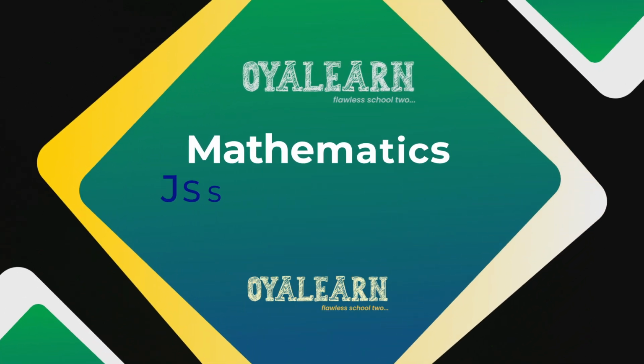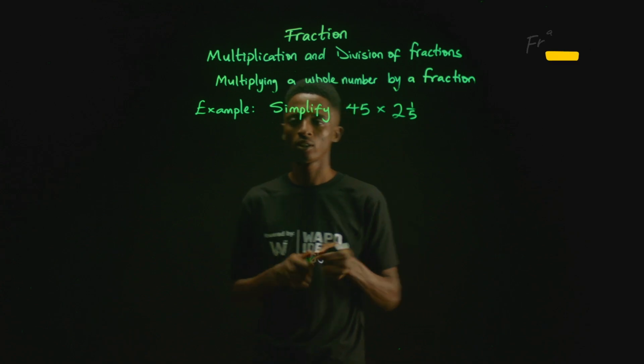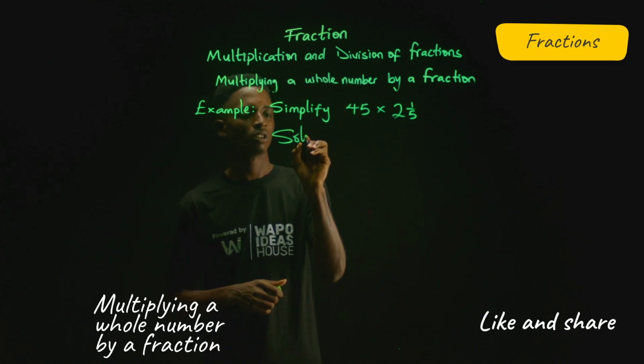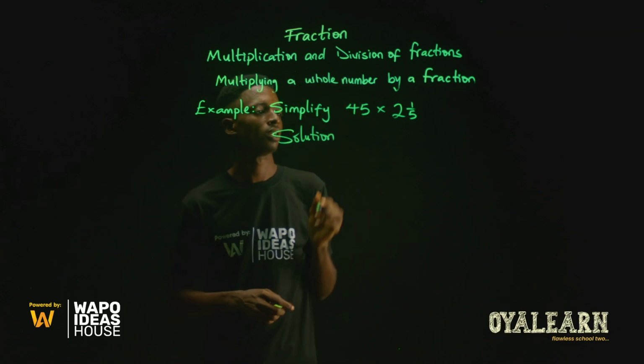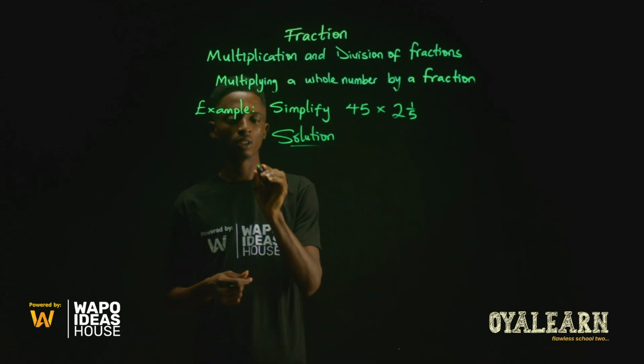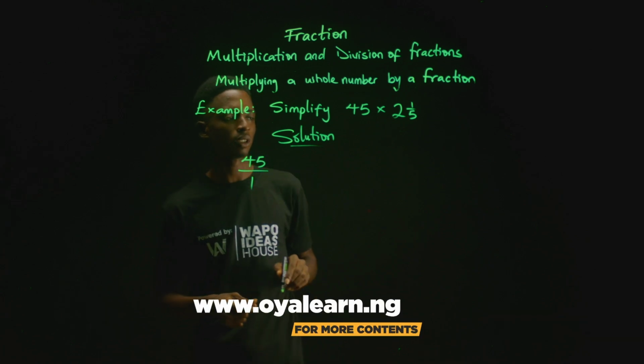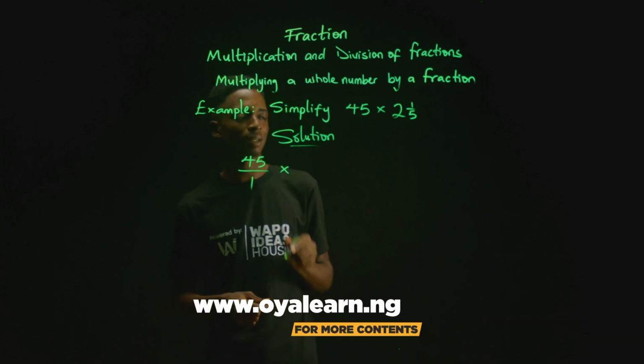Now let us simplify 45 multiplied by 2 whole number 1 over 5. Solution. We would write 45 as a fraction, and that will be written as 45 over 1. And then we multiply that by